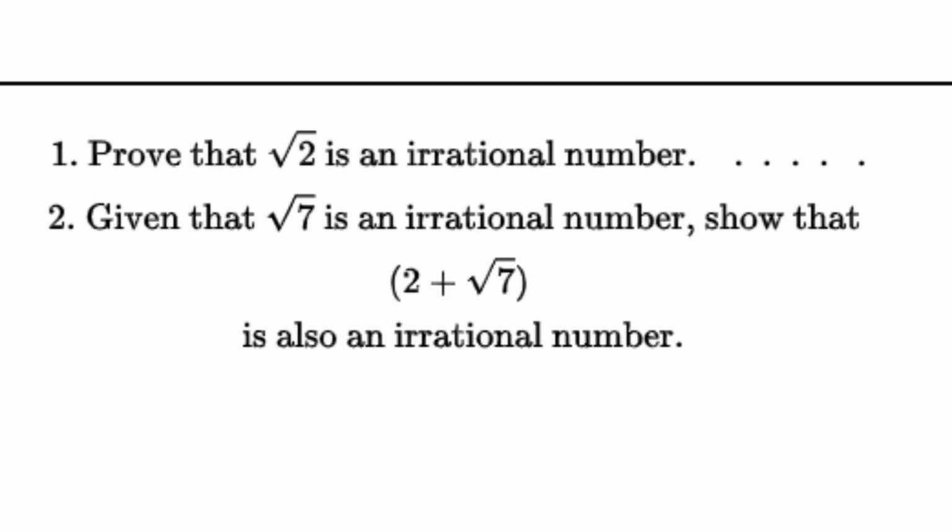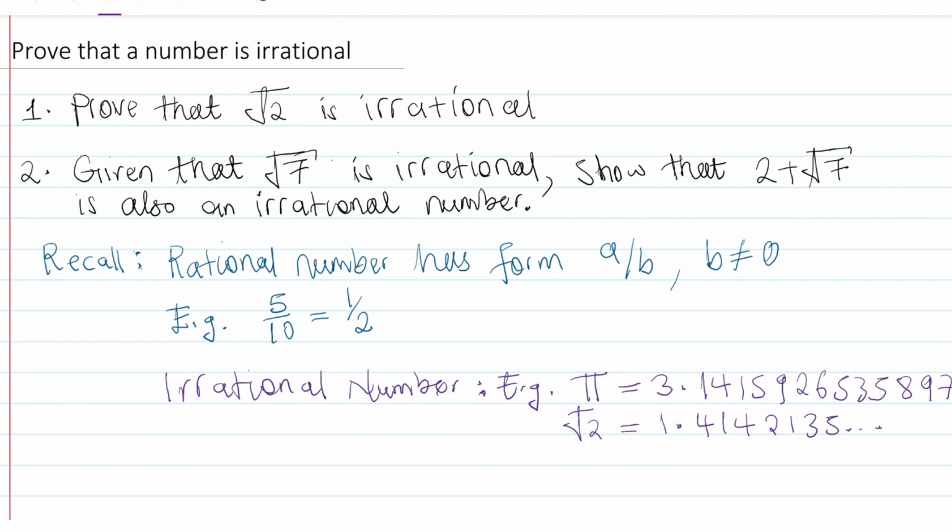Hello. In this episode, we are going to show how to prove that a number is irrational. So the first question is: prove that the square root of 2 is irrational. Then, given that the square root of 7 is irrational, we want to show that 2 plus root 7